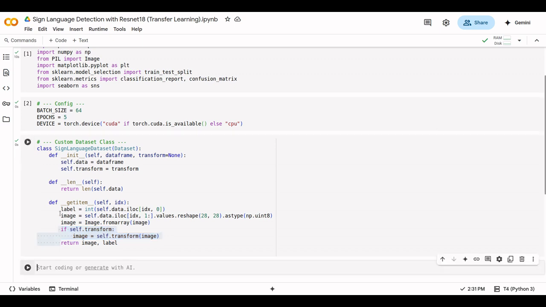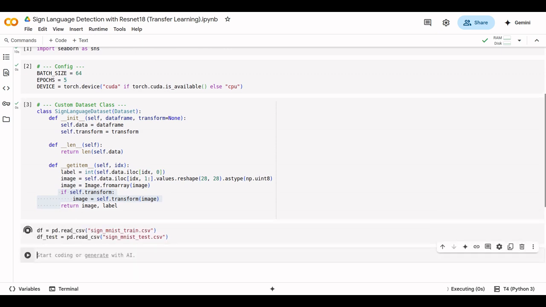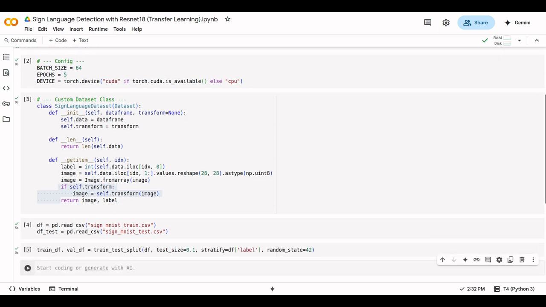Next, we load the dataset from the Sign Language MNIST CSV files, one for training and one for validation. These files contain hand gestures labeled from A to Y, excluding J. To make our training more robust, we split the original training data into training and validation sets using stratification to preserve class balance. Then we